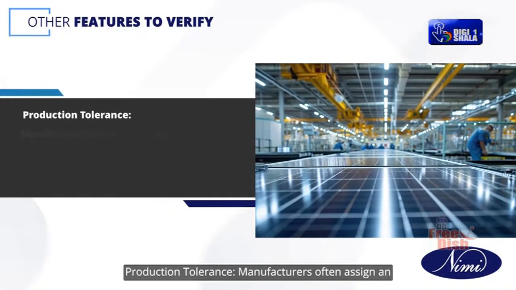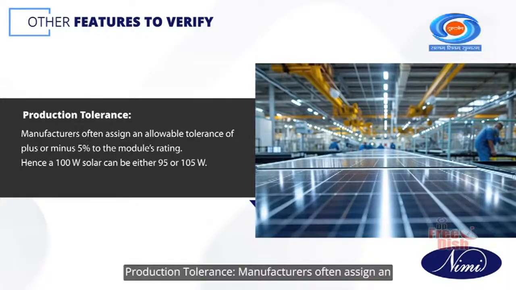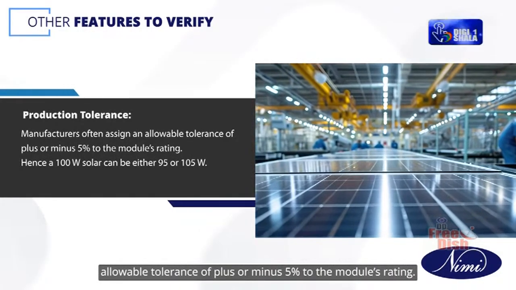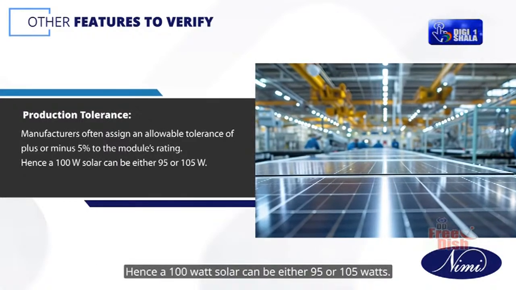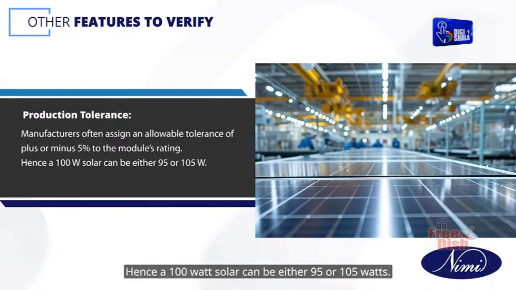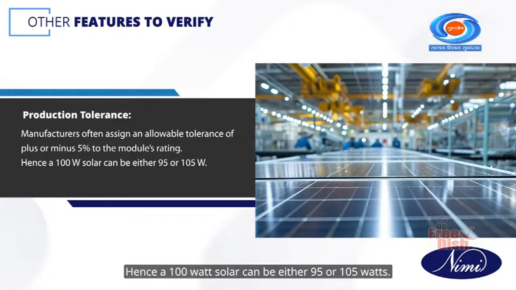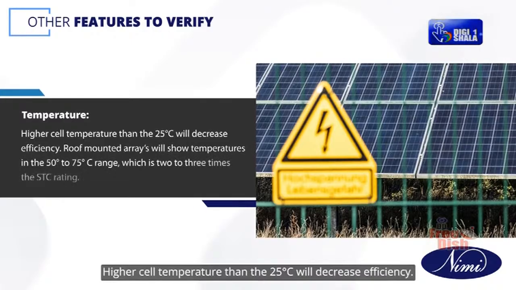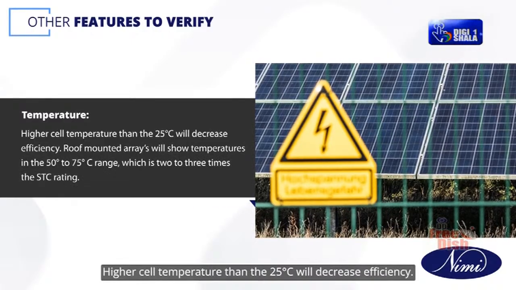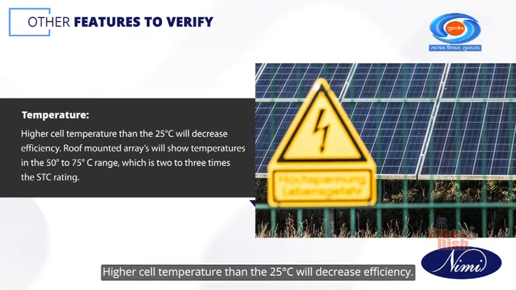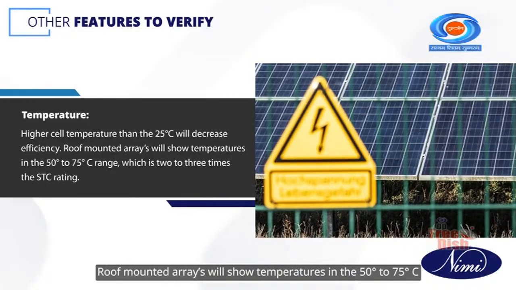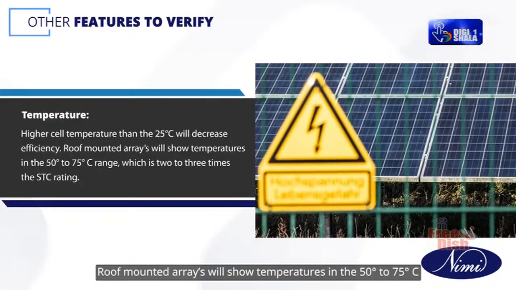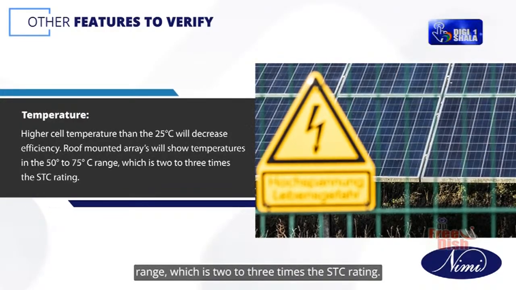Production tolerance. Manufacturers often assign an allowable tolerance of plus or minus 5% to the module's rating. Hence, a 100 watt solar panel can be either 95 or 105 watts. Temperature. Higher cell temperature than the 25 degrees Celsius will decrease efficiency. Roof-mounted arrays will show temperatures in the 50 degrees to 75 degrees Celsius range, which is 2 to 3 times